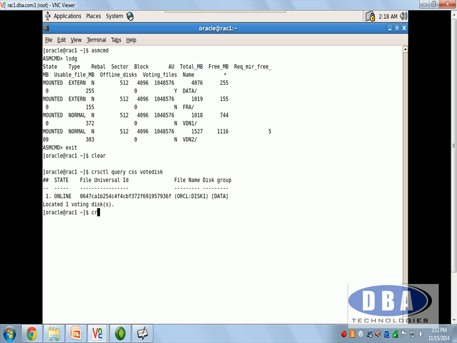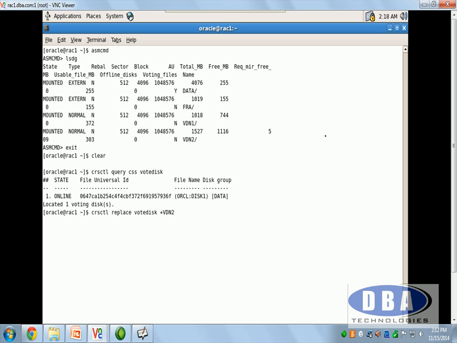Okay, now let's try to move it. crsctl replace votedisk, and we denote the disk group with a plus sign. Let's move it to VDN2 first of all. So we try to migrate from the data disk group to VDN2.